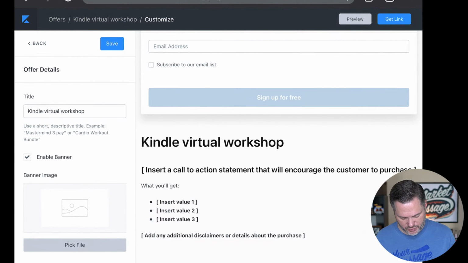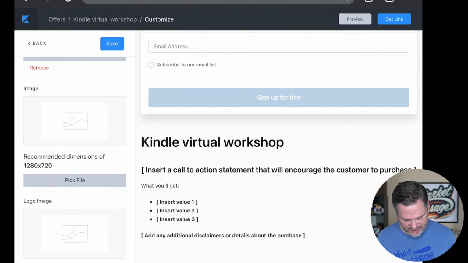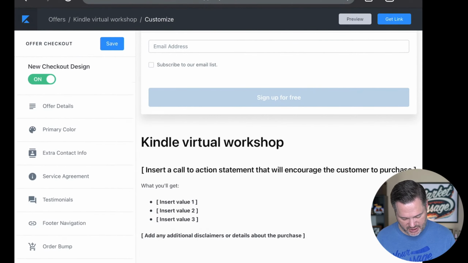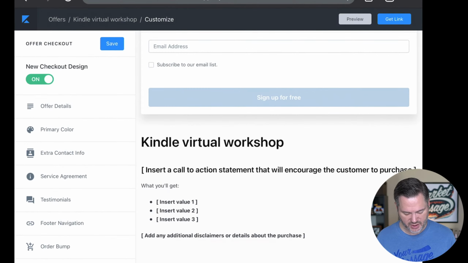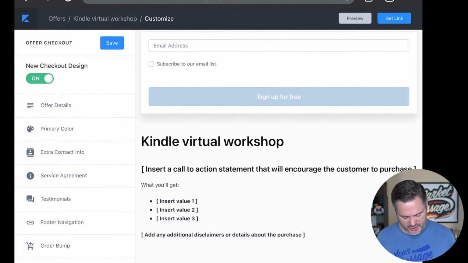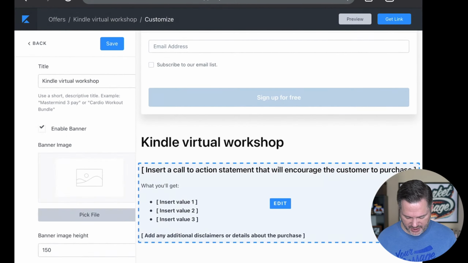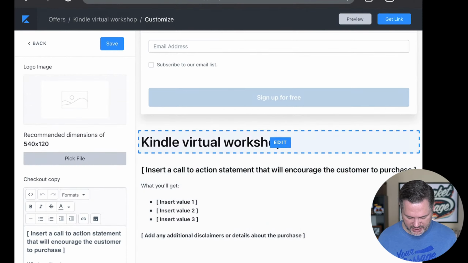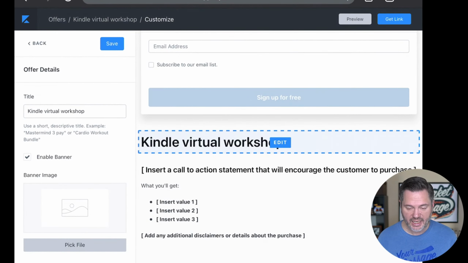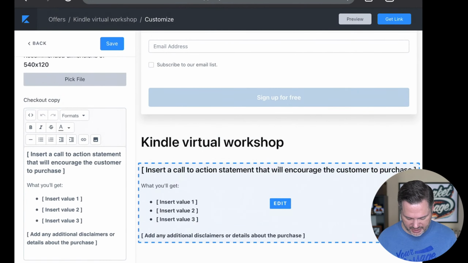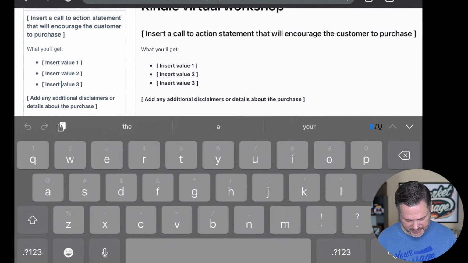So you can get into offer details on this side if you want to upload some images. I'm not going to get into that too much. You can change the colors, the content. You can add testimonials. You can even add an order bump. But again, we're not going to get into that. If I wanted to edit anything, I can come in here and edit the title to make a more compelling headline. I click down here, and this is where I can come in here actually